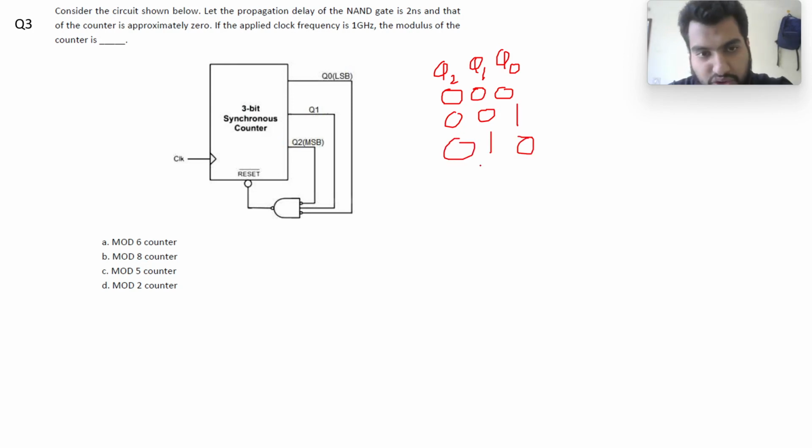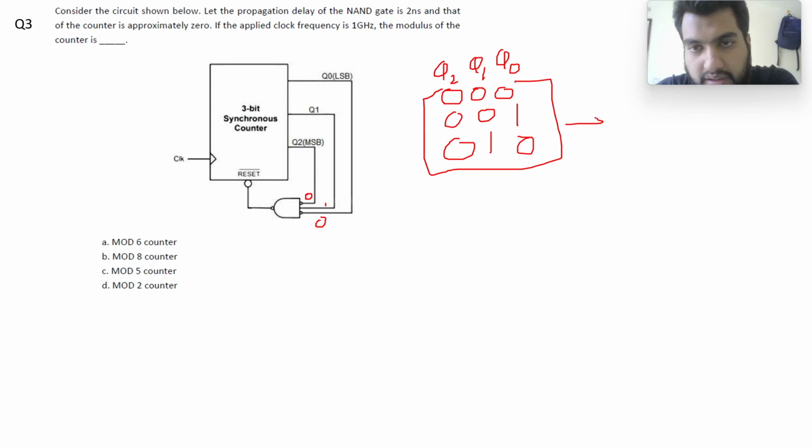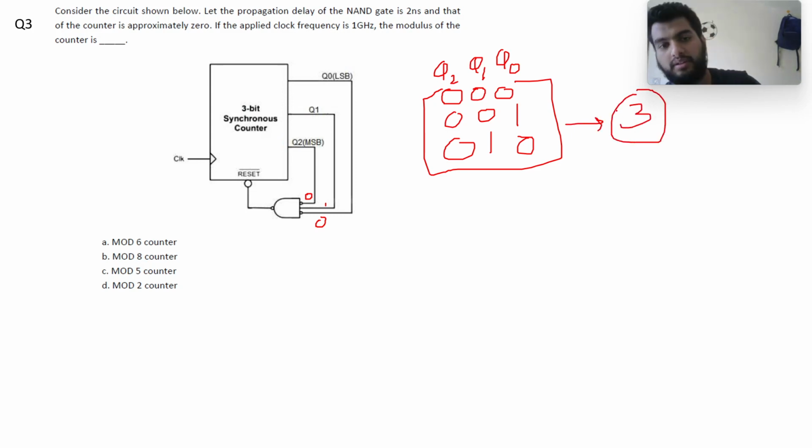The moment it hits 0 1 0, there will be a reset signal, and this will reset. So we will again start with 0 0 0. That means it would have been a mod 3 counter, but there is a delay